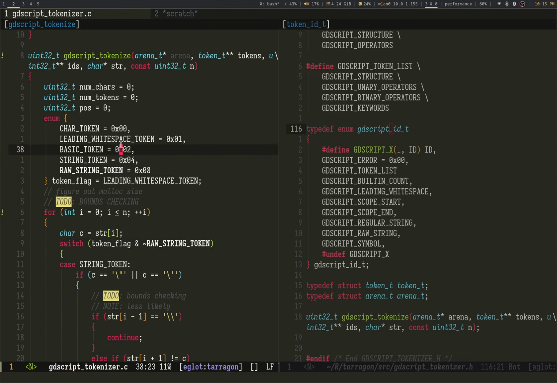Am I worried about... Ooh, oh, card token. Well, yeah, let's just bump these up. And instead of that, I'm just going to do union.